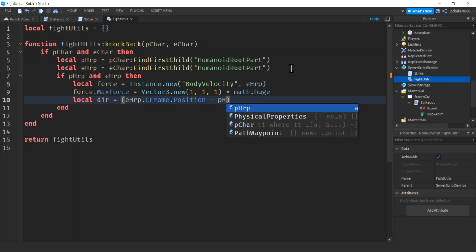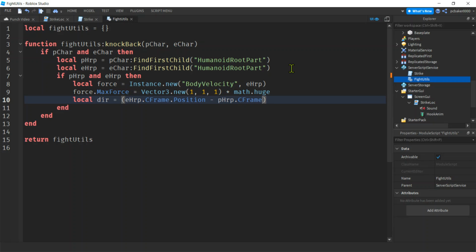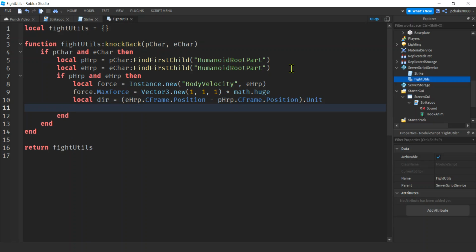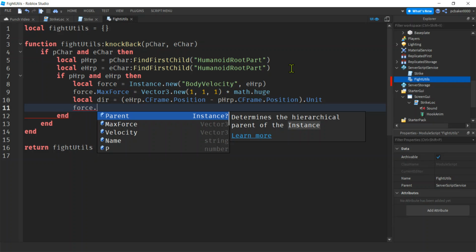Subtract P humanoid root part, C frame position. And we don't want magnitude, we only want direction. So I'm going to make it a unit vector. So it's going to be the direction of, and it's going to be length 1, right? That's what unit does. It normalizes the vector. So then we'll get our force,